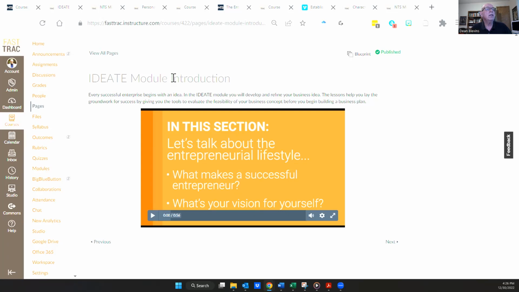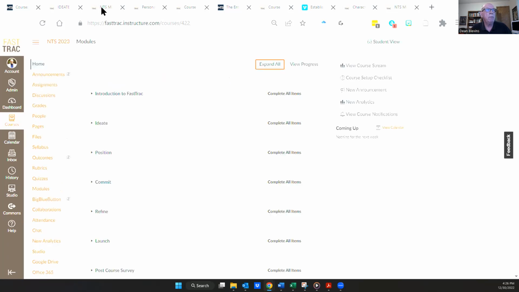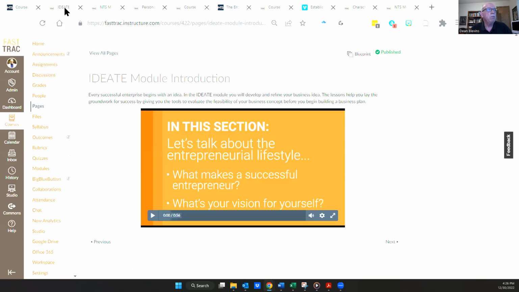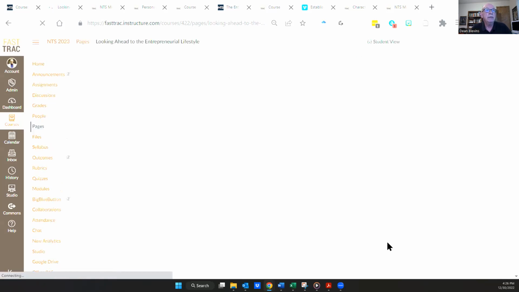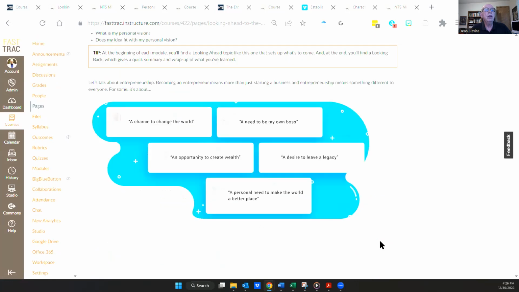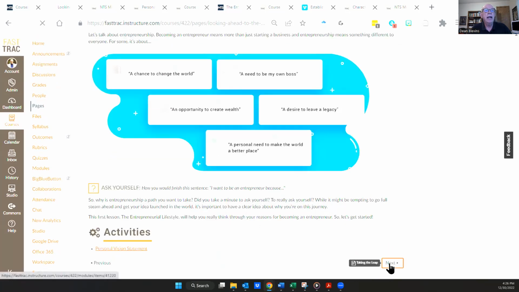Now, if that is a little bit unnerving, remember you can always go back to the main site if you need it, just to kind of locate yourself. But once you're inside this setting, it takes you right where you need to be, and you can then begin to sort of navigate into the different material again as you move